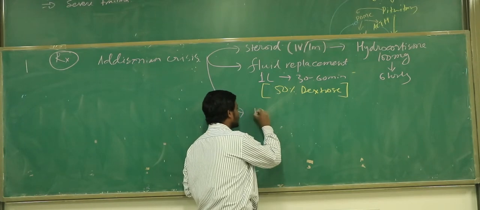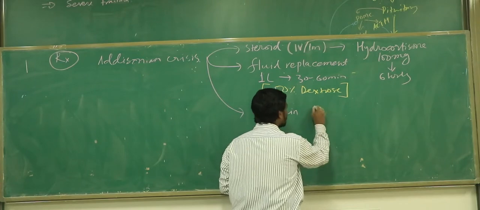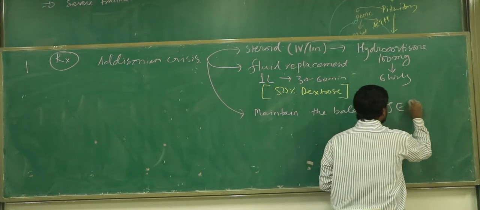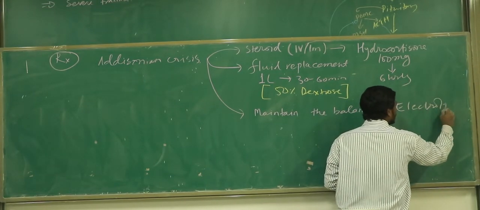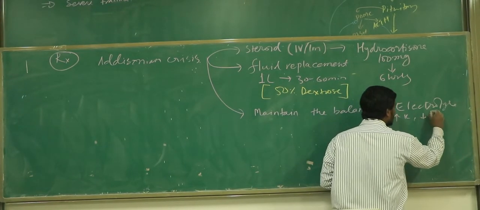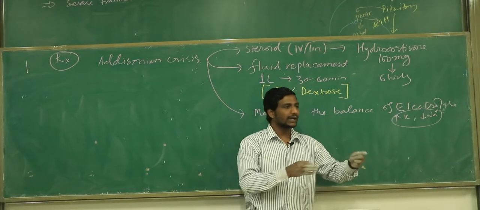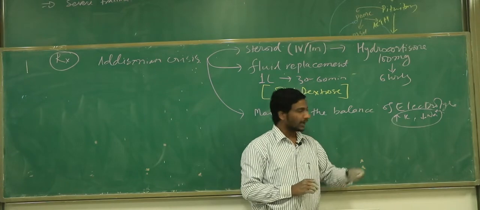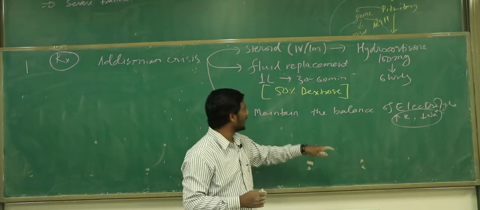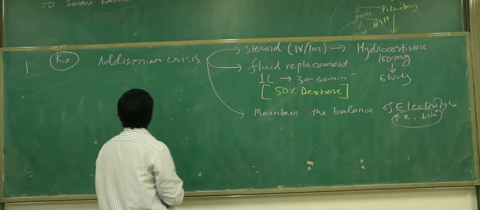So we are going to maintain the balance of electrolytes. Whatever electrolyte is imbalanced, we are going to balance it. And mainly the two things we are going to be careful about here are a very high amount of potassium and a low amount of sodium. So we need to treat them. And of course you know that potassium is not going to be imbalanced in case of secondary and tertiary hypoadrenalism, right? But in the primary we need to care about both sodium as well as potassium. Also you need to control the glucose. So I told you, if the patient is having hypoglycemia, what should we be adding? 50% dextrose. So this is the treatment of the adrenal crisis.